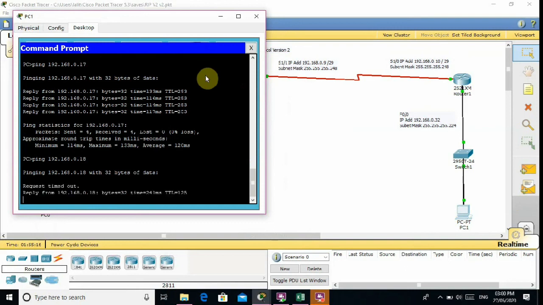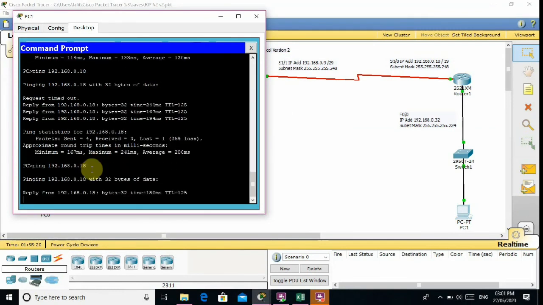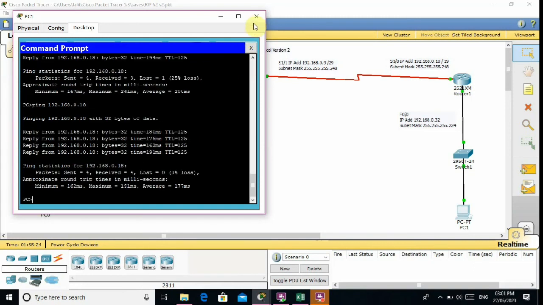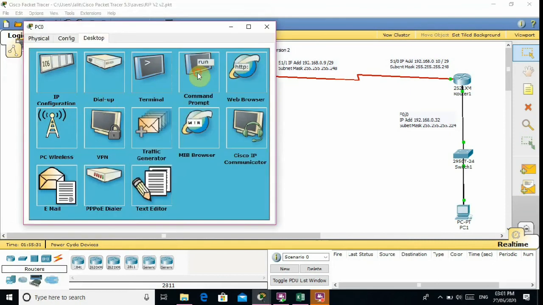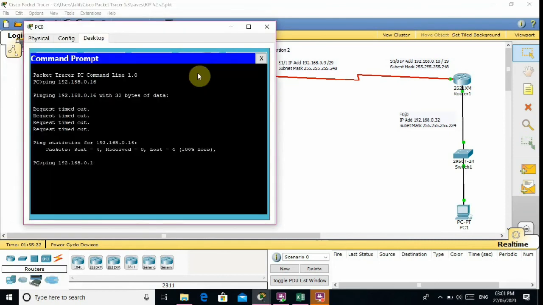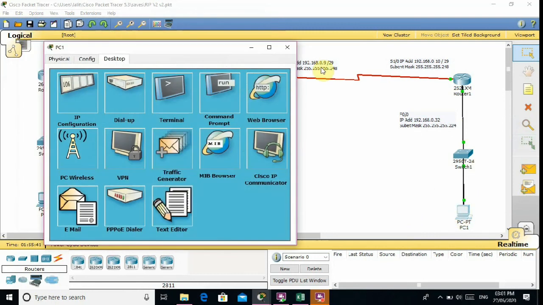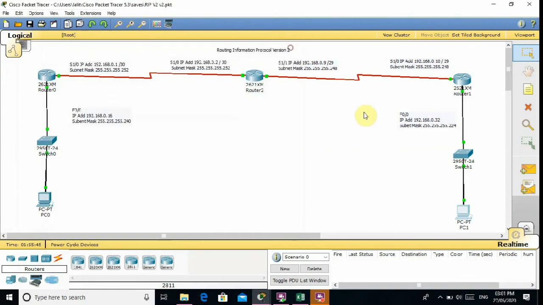Now I came to router first on the desktop. I ping that particular desktop itself. After I ping router first, I ping router third directly on the FastEthernet 0/0 interface.